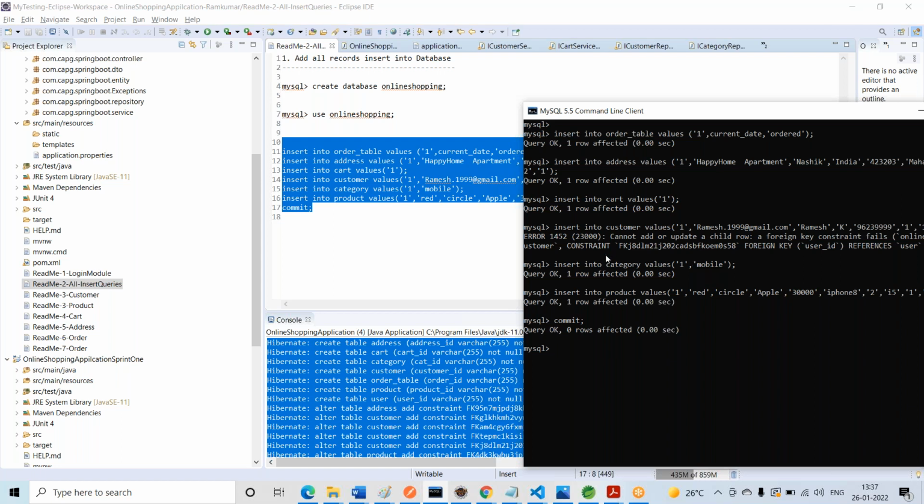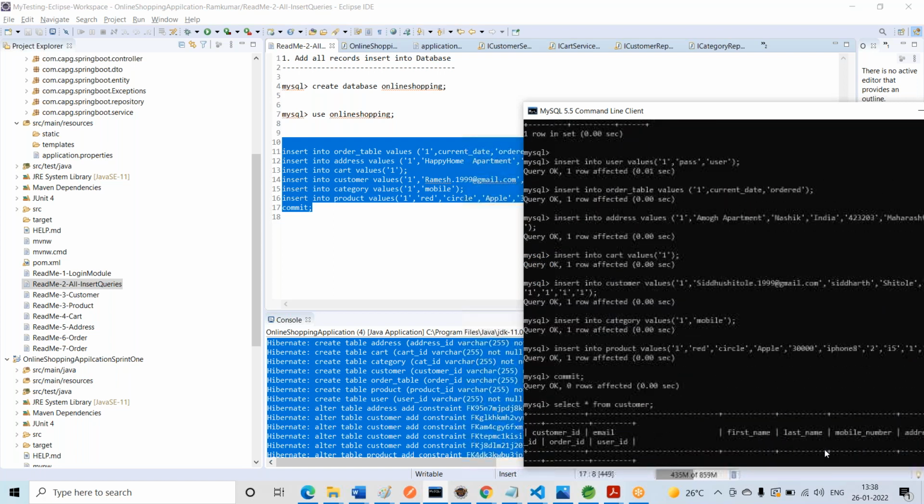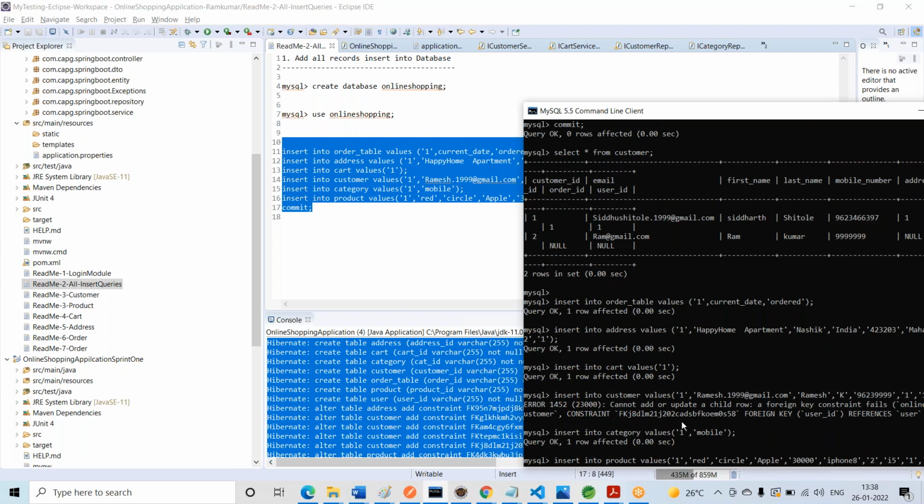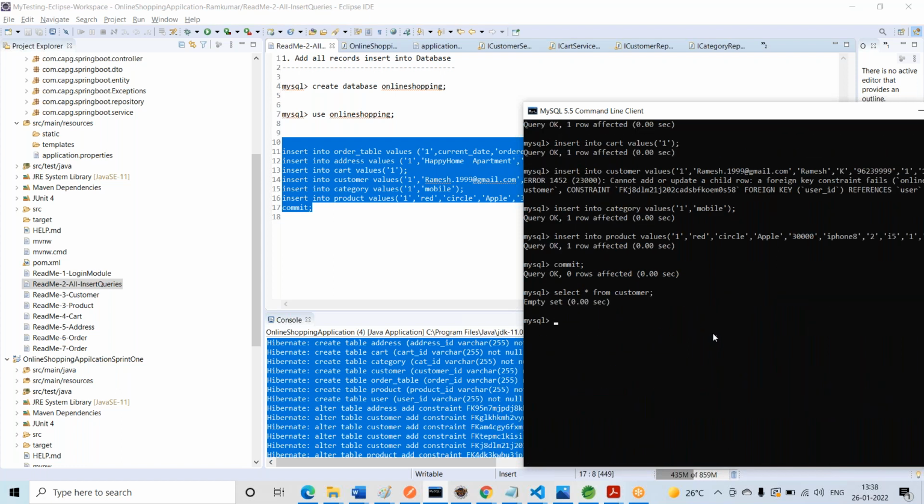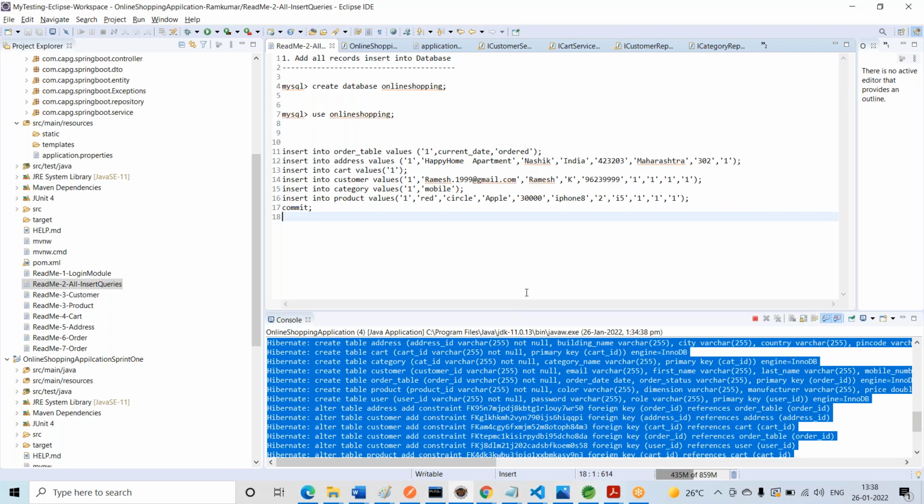If you want, we can check the customer values. Now we are going to discuss the customer. SELECT * FROM customer. Which database are we using here?